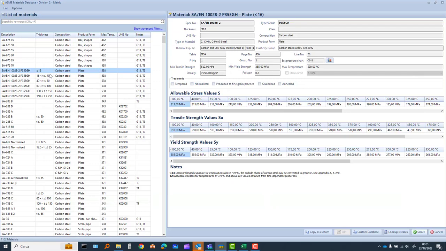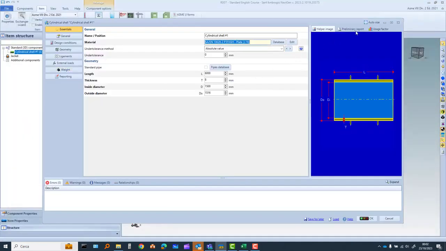small surprise: contrary to what was provided for Division 1, for Division 2 there are various classes of thickness. So not only smaller than 60, but also between 60 and 40, and also smaller than 60. Well, in this case, you can see that we have an advantage, because if we take the preliminary report,